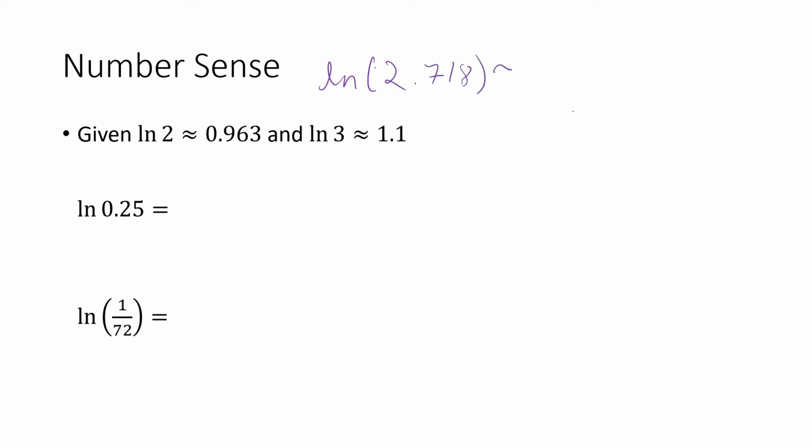2.718 is approximately 1 because 2.718 is approximately e, and we can take some other common numbers. If you've done half-life calculations, then you'll get used to log of 2 being approximately 0.693, and because 3 is just a little bit bigger than e, log of 3 is just a little bit bigger than 1. Okay, so it doesn't always work out so cleanly, but if you have a number like 0.25,